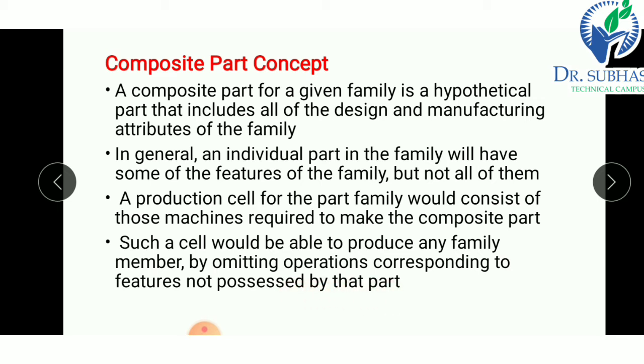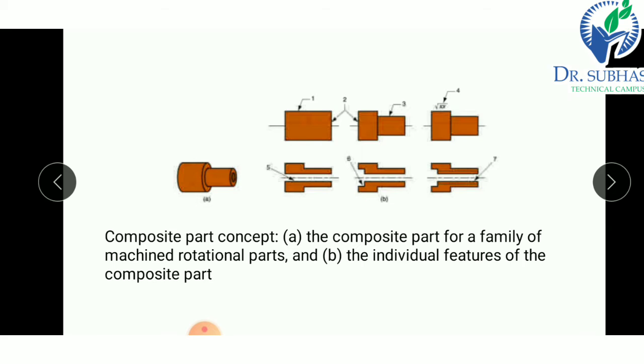That means this concept uses both attributes, design attributes and manufacturing attributes. So the manufacturing of a component will become easy and we can reduce lead time. We can also use our machines in a very optimized condition.